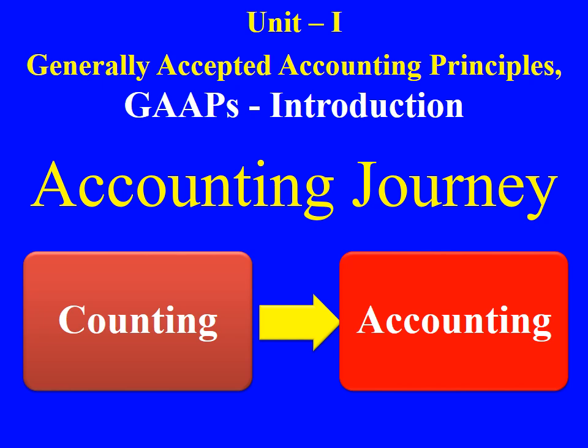They started to count, by keeping stones or writing on trees. This type of counting actually began: how many goods I had exchanged to someone, and how many goods I had received from someone. They started to record these things in terms of counting, and this counting gave way to the development of accounting. So initially we did not have an accounting system, we had a counting system where an individual counts the transactions and keeps the record to themselves.